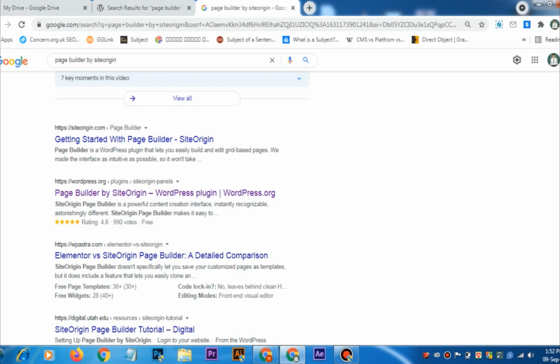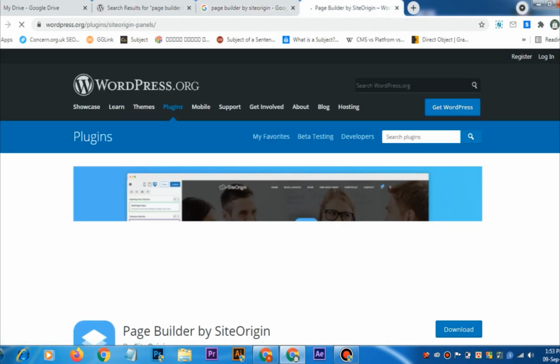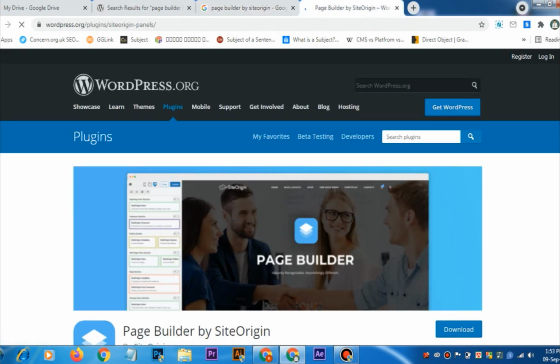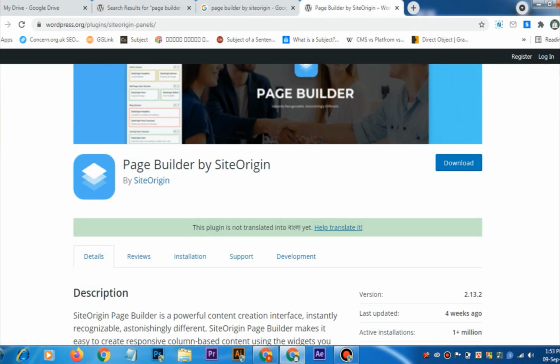Here it is. You can see Page Builder by SiteOrigin on the wordpress.org website. So click here. It is Page Builder by SiteOrigin, developed by SiteOrigin.